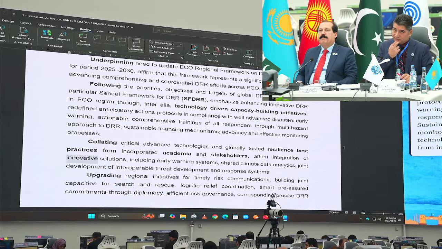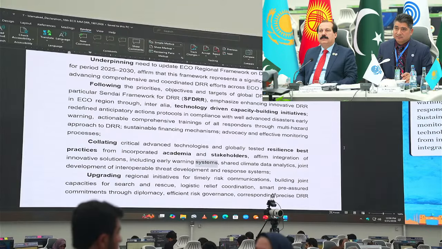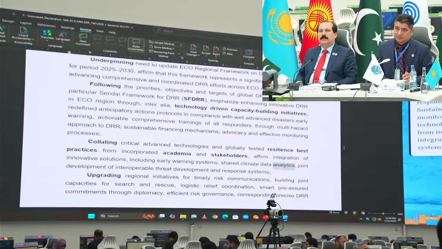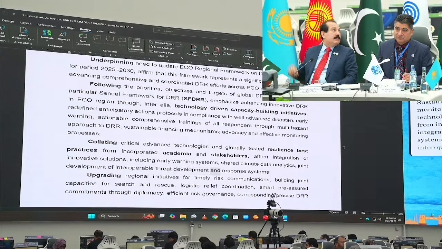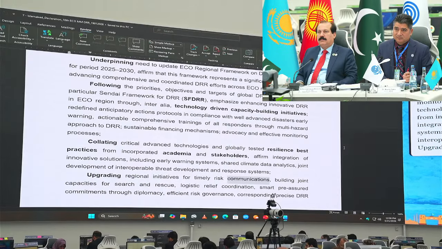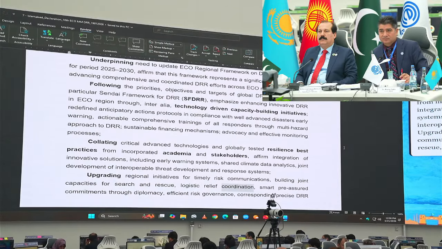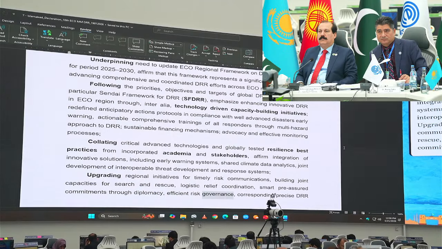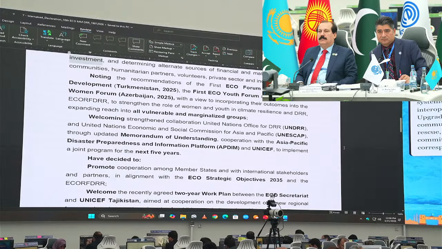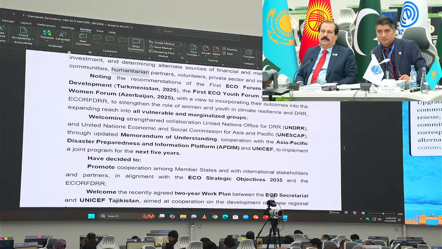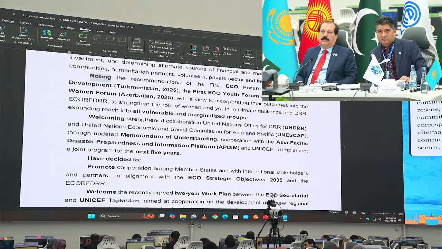Affirm integration of innovative solutions, including early warning systems, shared climate data analytics, joint development of interoperable threat development and response systems. Upgrading regional initiatives for timely risk communications, building joint capacities for search and rescue, logistic relief coordination, smart pre-assured commitments through diplomacy, efficient risk governance, corresponding precise DRR investment, and determining alternate sources of financial and material support from communities, humanitarian partners, volunteers, private sector, and industry. Noting the